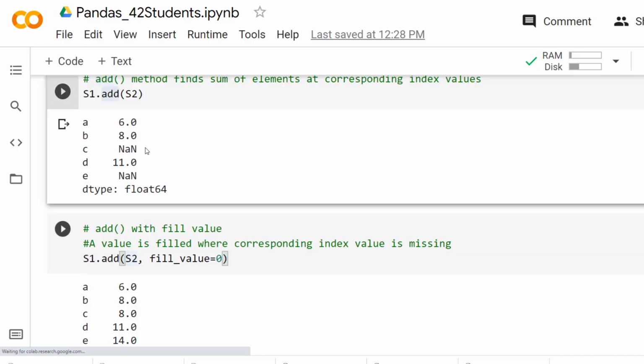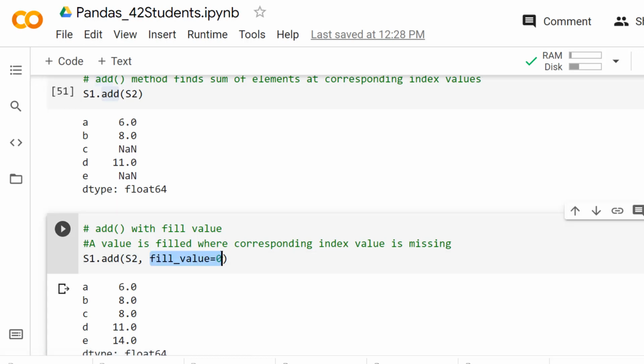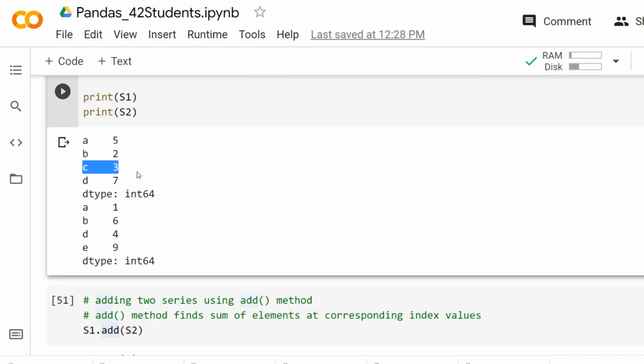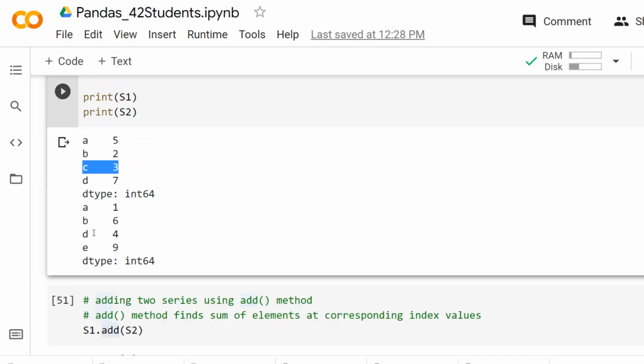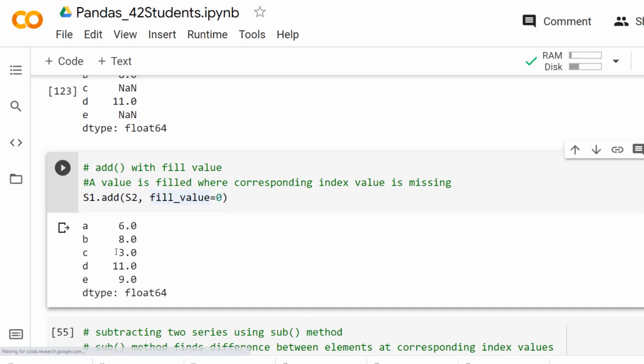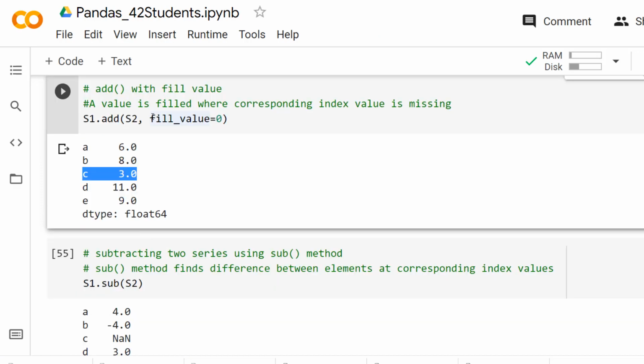So to avoid these NaN values, we can use fill_value as an argument. Instead of using the NaN value for the missing index values, the value that we provide with the fill_value attribute will be assigned and then the operation is performed. In this case, consider the element 3 whose index is C. There is no corresponding index in S2. Because we are passing the fill value as 0, it assumes that there is an element 0 with the index C, and then the addition operation is applied on 3 and 0 because they both have the same index, and that is how we get 3 as a result with the index C. So that is how fill_value allows us to fill with some value while applying binary operations.